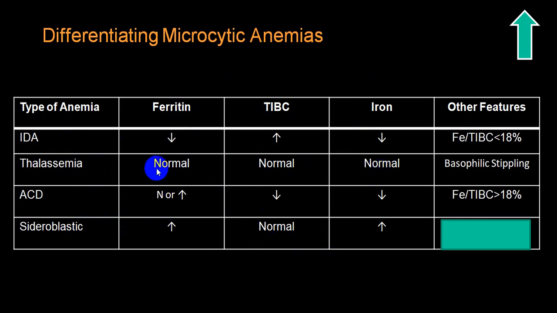So invariably the iron study in thalassemia may be normal, but you will see basophil stippling in peripheral smear, and in bone marrow you will find different types of RBC. While in sideroblastic anemia, in bone marrow you will see ring sideroblasts. While in anemia of chronic disorders, usually you will get TIBC low, iron level low, and ferritin level normal or maybe elevated. This is the way we try to differentiate between the 4 groups.